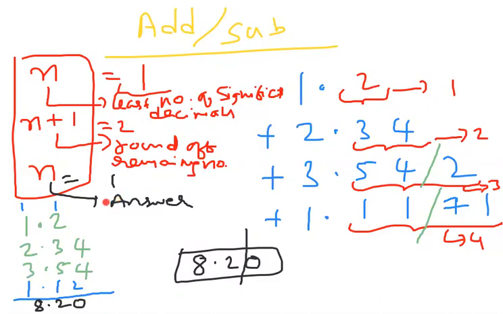One significant decimal means here you have to round off. So you observe here, 0 is also significant. This 0 is less than 5. So simply I can write now my answer as 8.2. So answer for this question is 8.2. If we add these things, 8.2. So our answer is 8.2 for the given question. So let us take some more numbers and then analyze. Let us take another number and we'll analyze better.